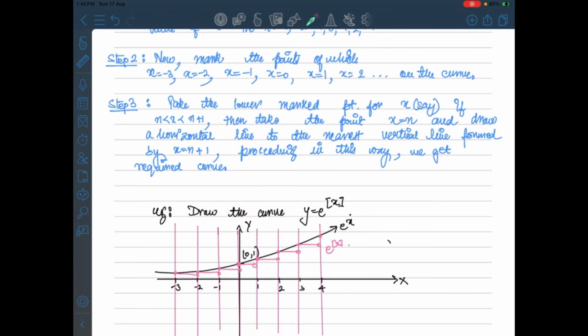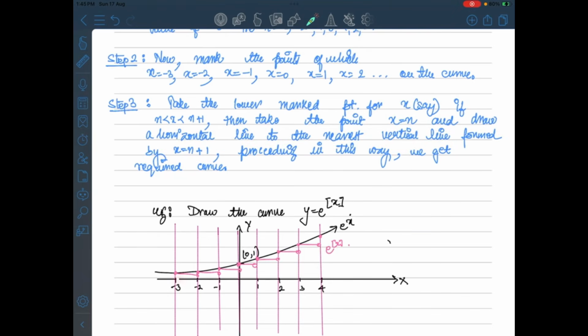The next is, now you are going to take the lower marked point x. So, of course, every x will lie between some n to n plus 1, where n is an integer basically. Now what you do is, you take the point x is equal to n, the below point of intersection, and draw horizontal line to the next or the nearest vertical line formed by x equal to n plus 1. Example,